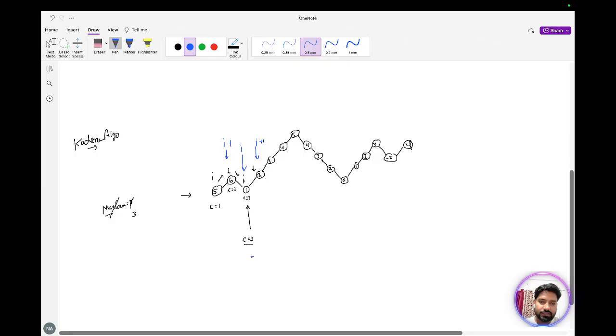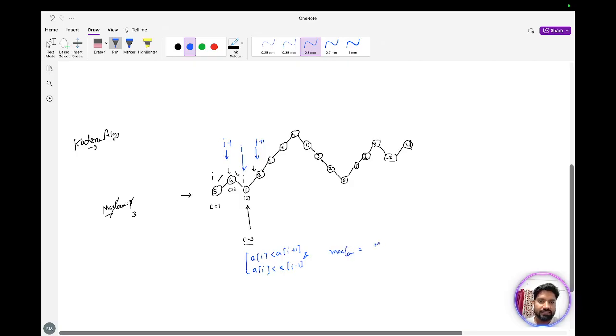If that is the case, we can simply check if array of I is less than array of I plus 1, and array of I is again less than array of I minus 1. In that case, once we find this condition,